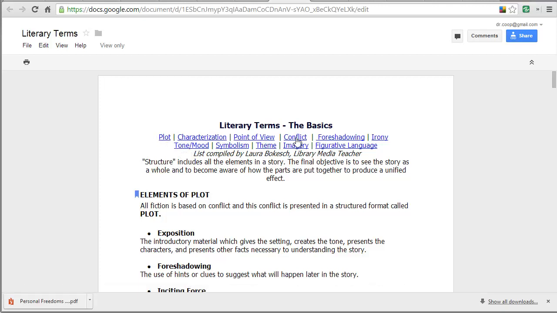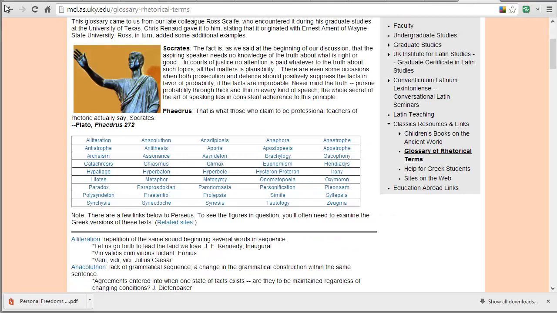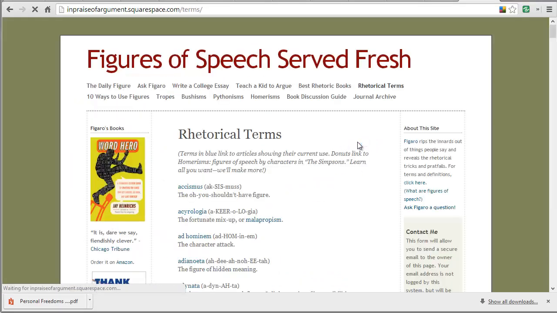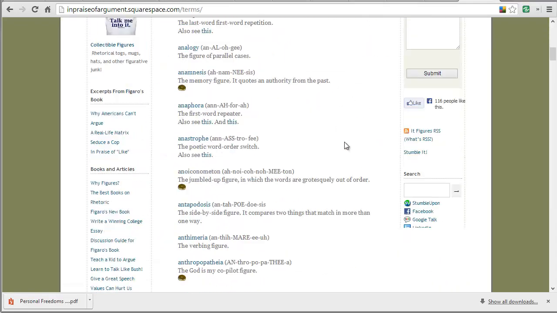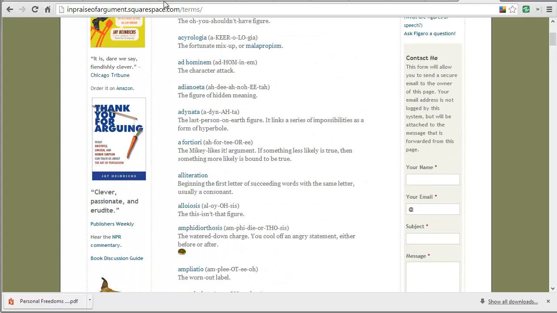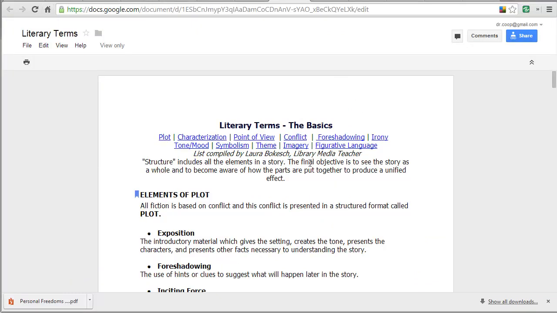I'm looking for you to choose one of these terms. Now, like I said, this is very limited, as you saw in this glossary, and I can even go back and choose a different link, and I'm going to get a whole different list of terms. Okay, so there's hundreds of terms. So I don't want to overwhelm you, but that doesn't mean that you have to limit yourself. You might know more than others.